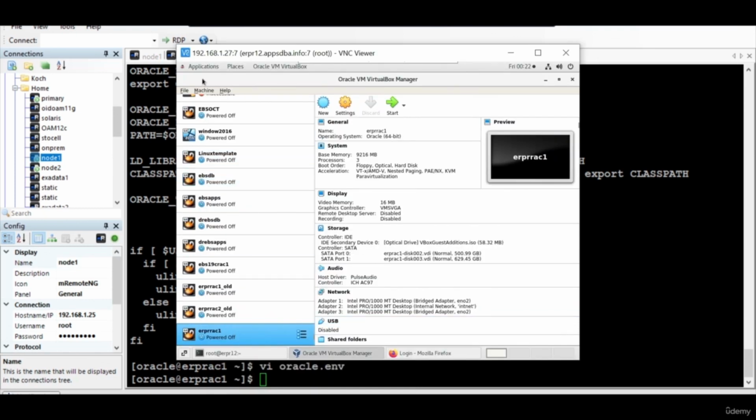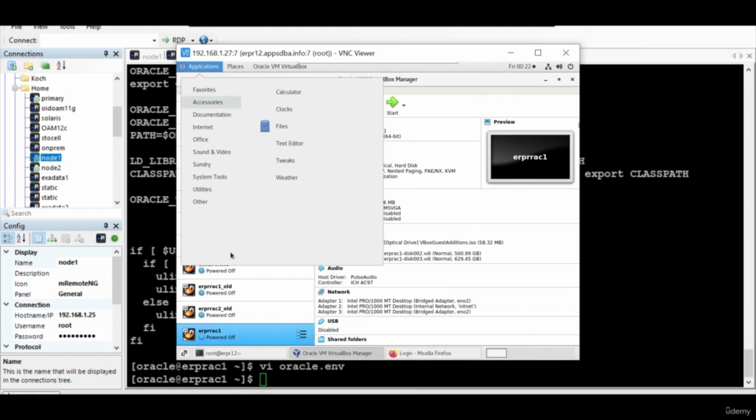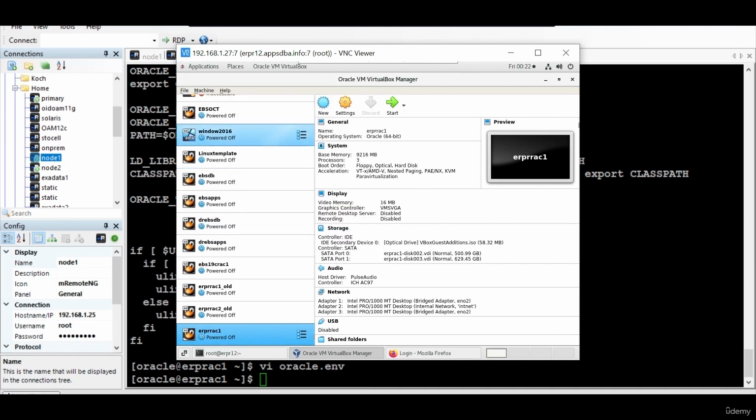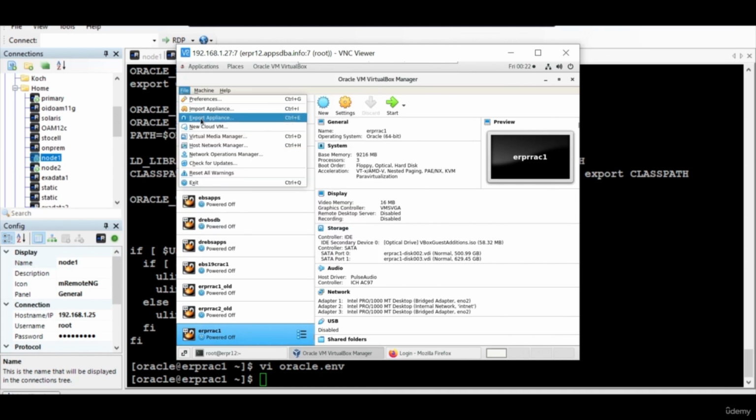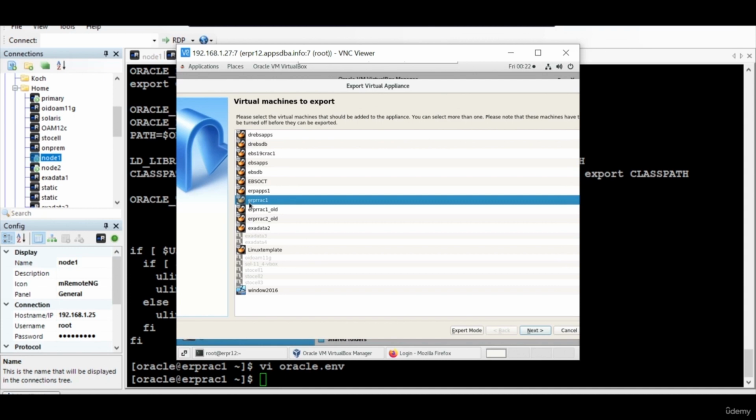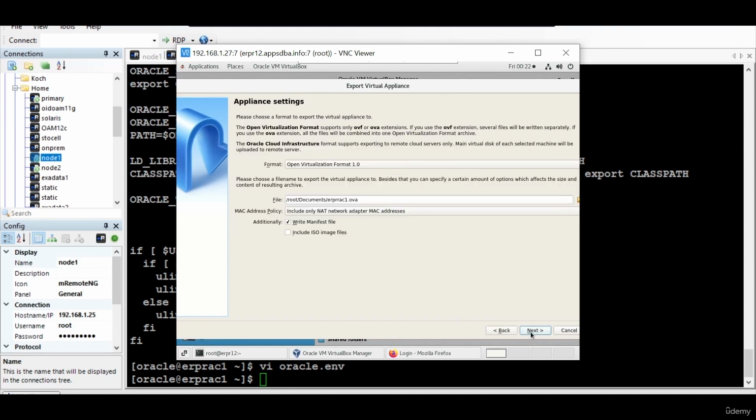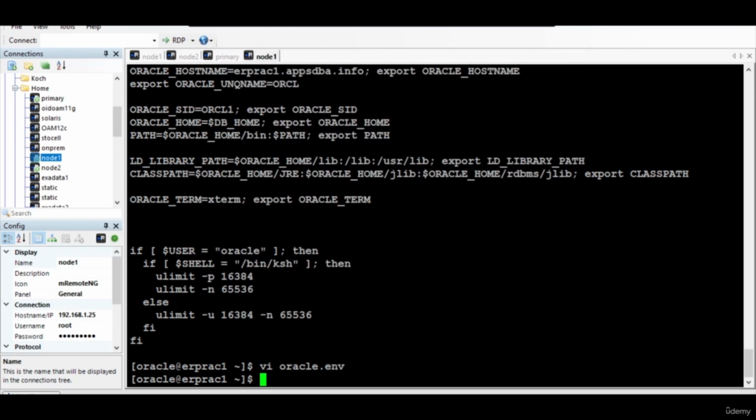After shutting it down, you need to export the appliance. It's a very good backup, you can share it with anyone also. So you just say export appliance. This is the one I want to export. You can give the path wherever you want to export. So what I can do,